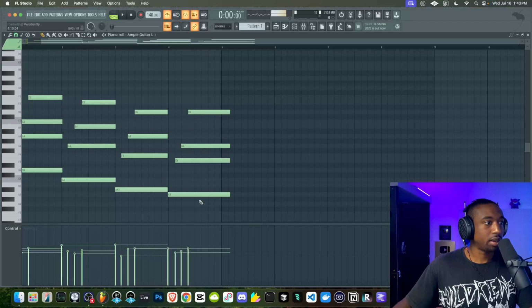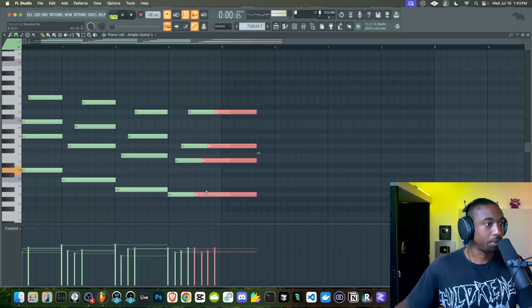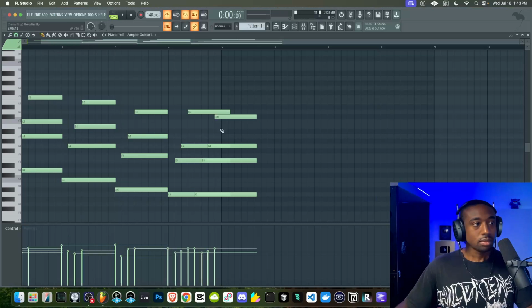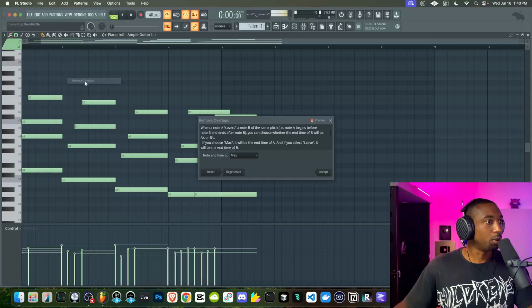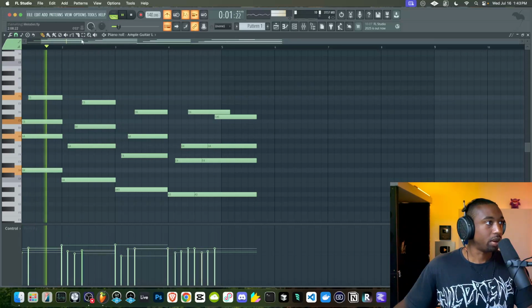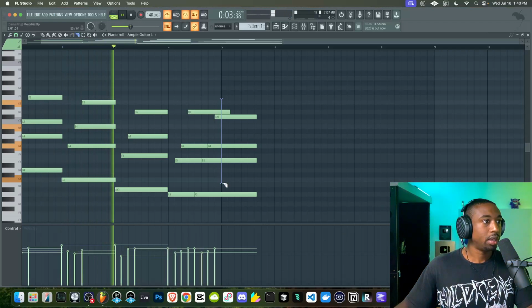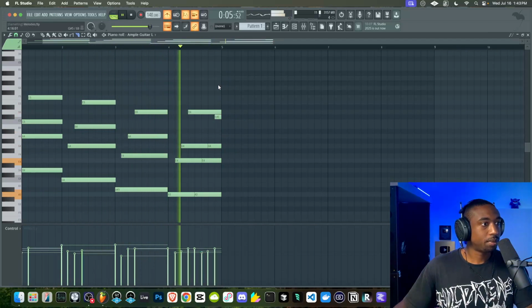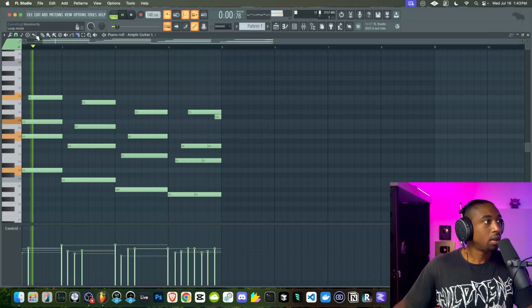Now what I might do here is I might repeat it. So let's copy this over and just add the half step down. All right, so we're gonna go to the tools here, remove overlaps. That will get rid of any overlapping notes. Let's slice these end notes here. Just have it repeat.